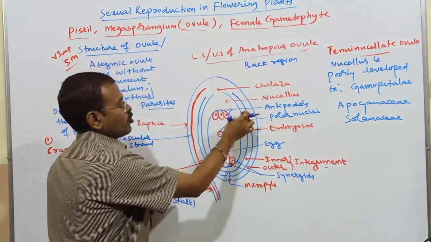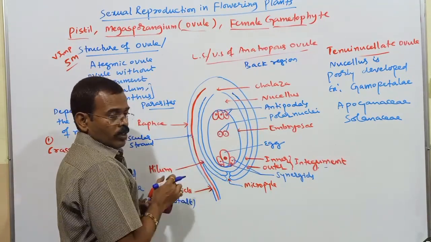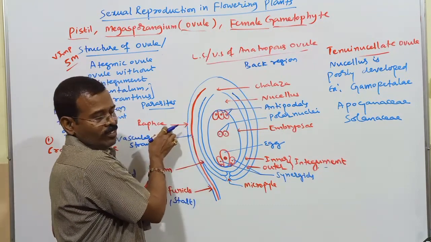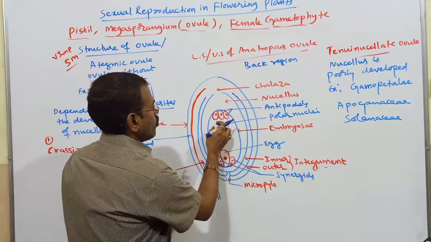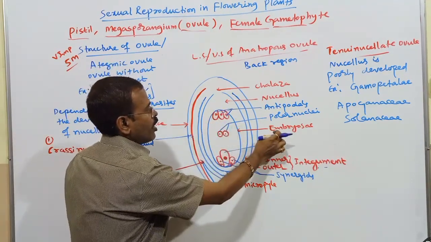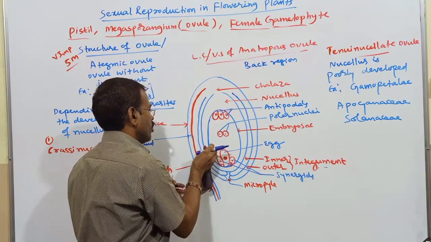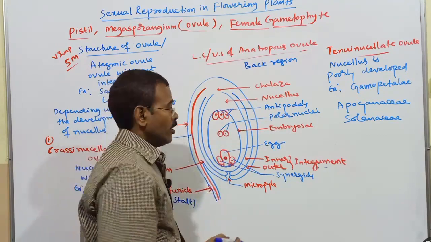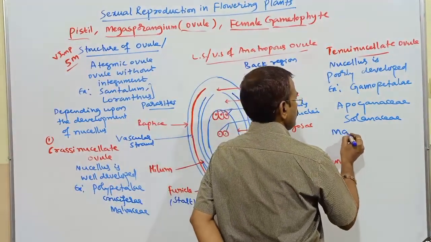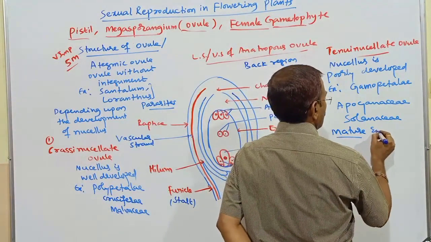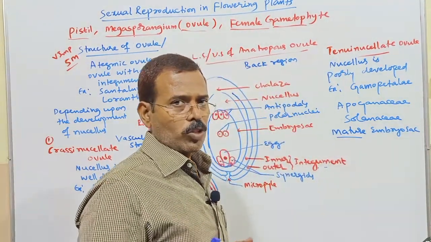So we learned about the nucellus, then the integument, then the stalk, that is the funicle, then the point of attachment of the ovule to the funicle, that is the hilum, then the ridge-like structure formed by the fusion of the funicle beyond the hilum, that is the raphe. Now this one, the female gametophyte or embryo sac, we have to learn now. Embryo sac and female gametophyte are one and the same.